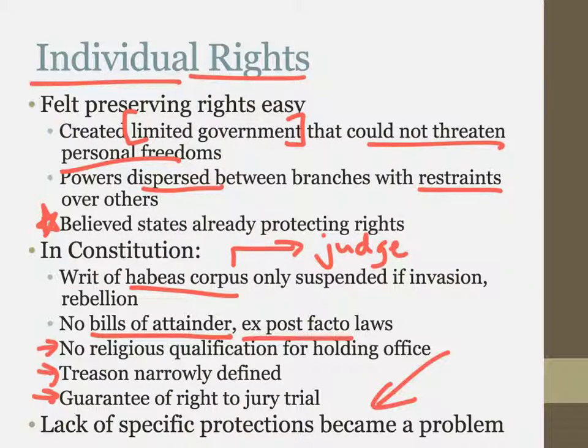And this is going to be a problem that's going to lead to the rise of a group called the Anti-Federalists, who are going to call for a more detailed listing of individual rights. And, spoiler alert, this becomes the Bill of Rights in our current Constitution, the first 10 amendments. So basically, those are the compromises that happened at the Constitutional Convention in 1787.